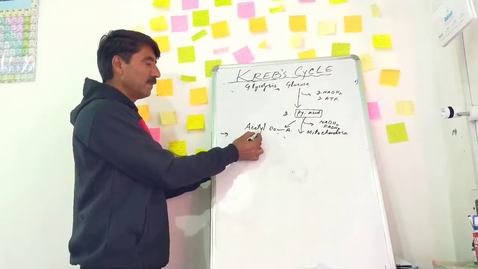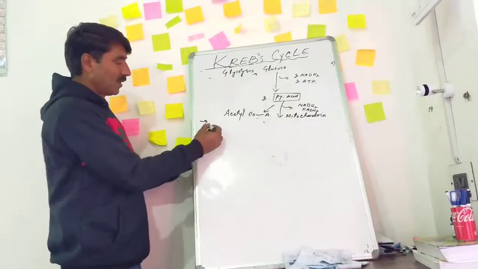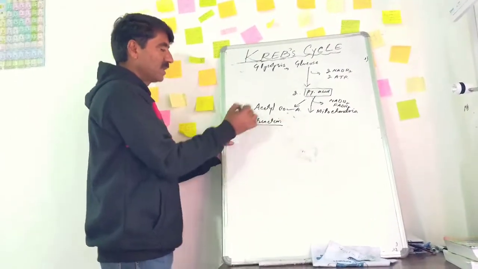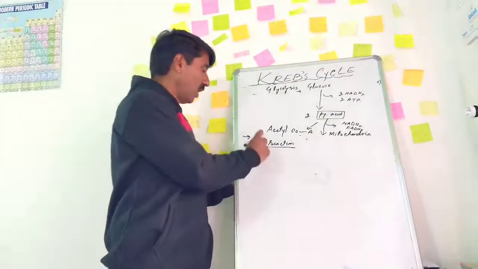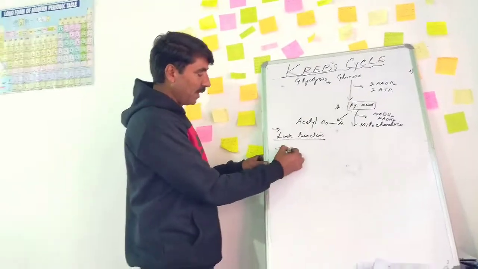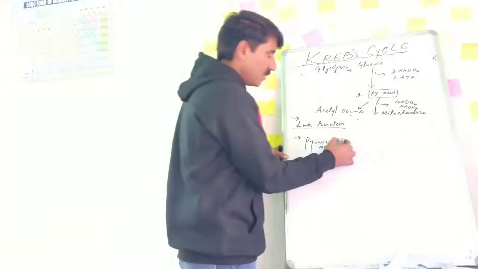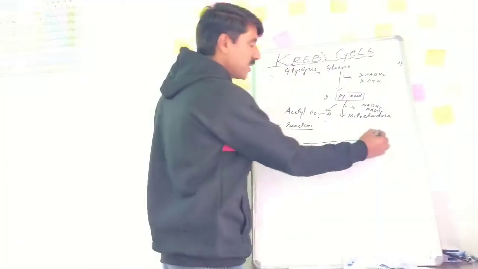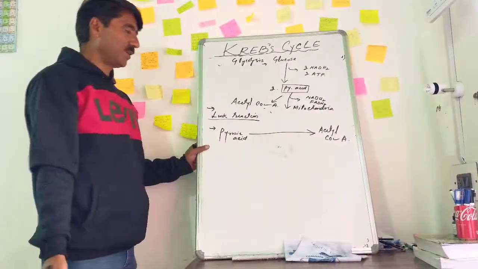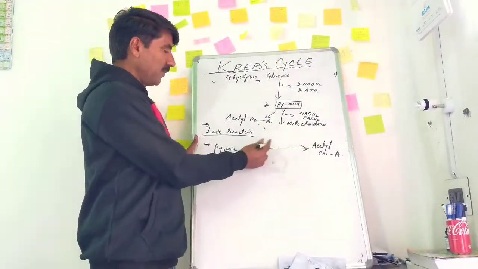Now this acetyl coenzyme A formation from pyruvic acid, because it is the linking substance, this reaction is known as the link reaction. So first, before we discuss Krebs cycle in detail, let us have a look at this link reaction. This link reaction takes place in the mitochondria, and here pyruvic acid is converted into acetyl coenzyme A, and this is an oxidative decarboxylation reaction, and the enzyme responsible for this reaction is